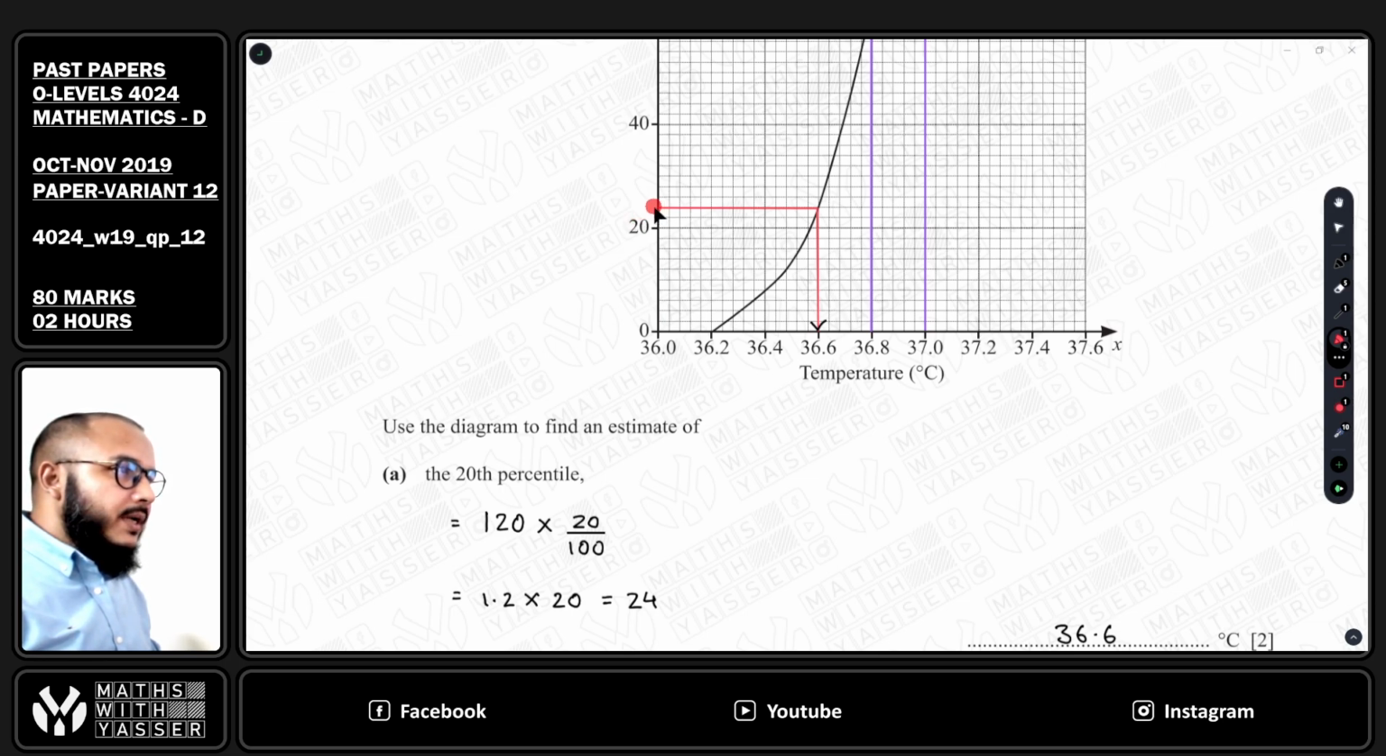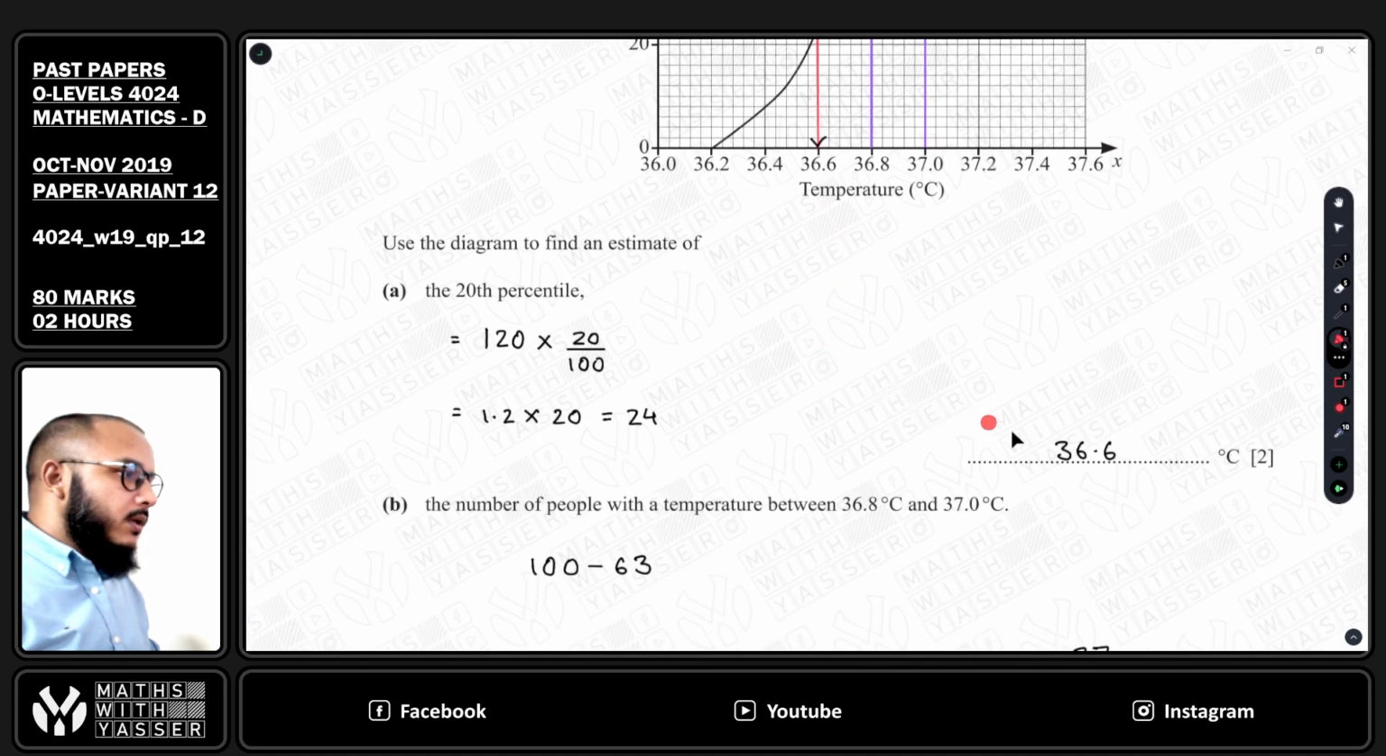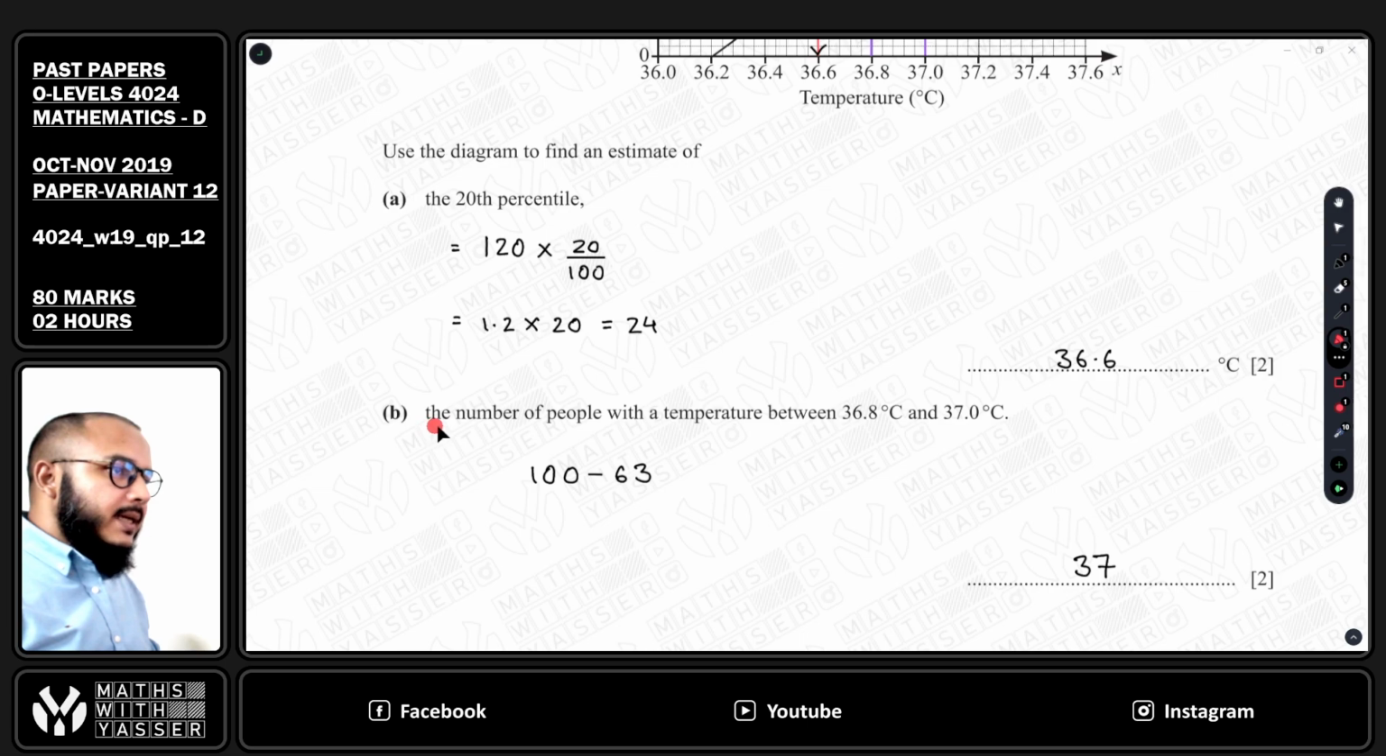So over here, each of the boxes on the y-axis has a value of 2 units. So this is 22, this is 24. So I need to draw a horizontal line and then a vertical line and see where it ends up. It ends up where the temperature says 36.6 degree. So that will be your final answer. Then it says,